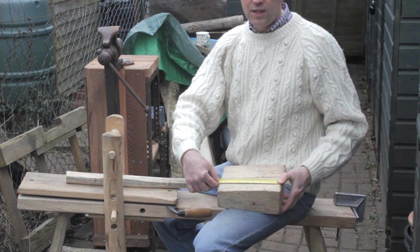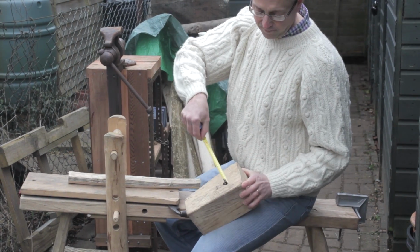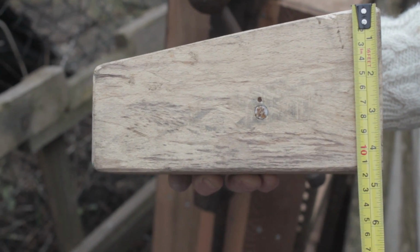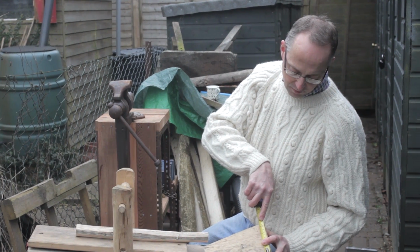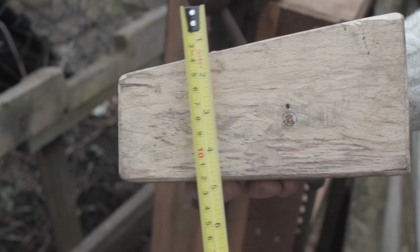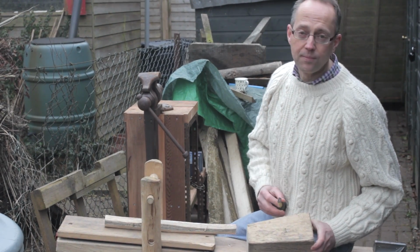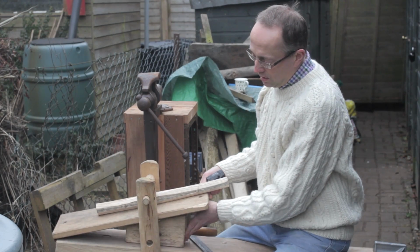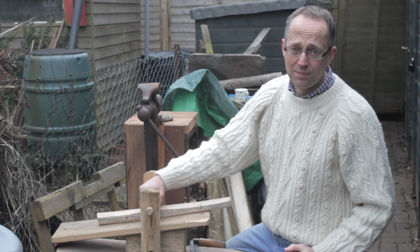is roughly 9 inches long by about 22 centimetres, 5 inches deep or 12 centimetres, and at this end it's about 3 inches deep, which is about 8 centimetres. So that's your cheese block. And those really are the main elements. You can adapt it a bit to your own shape, but